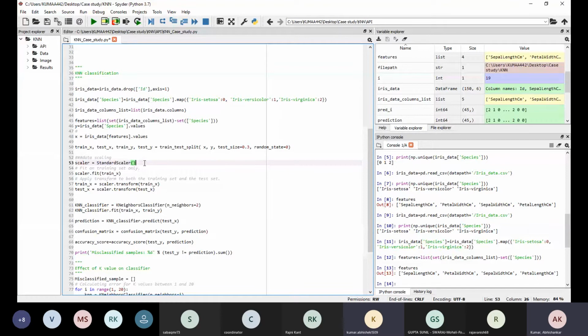Can anyone explain why I am using the same scaler, the same scaling factor, to scale the test data set?